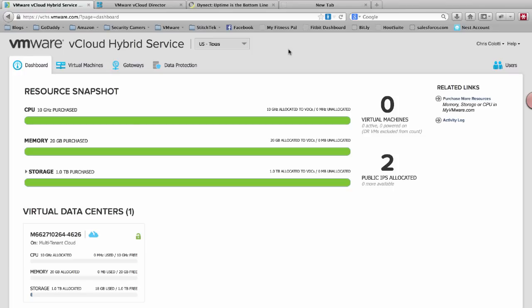And today what I'm going to do is show you how to fail over an existing application that's running a public website on-premise over to vCloud Hybrid Service Disaster Recovery and update its external DNS to a new public IP address that will be available in the disaster recovery environment. So this is a little bit unique where I've actually got a couple of things pre-configured on the back